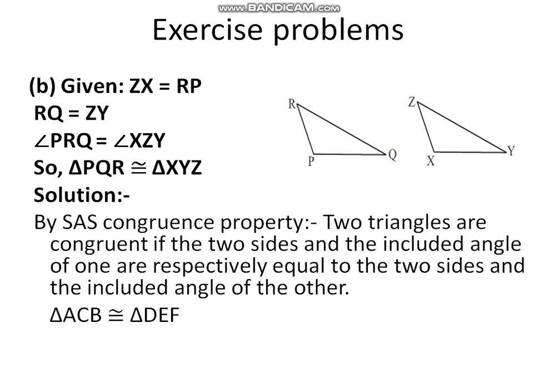Next we will consider the second problem. Here in the given figure, ZX is equal to RP. RQ is equal to ZY. Angle PRQ is equal to angle XZY. We have to see here whether the triangles are congruent to each other. Here two sides and